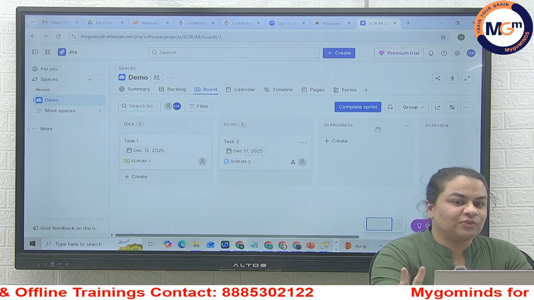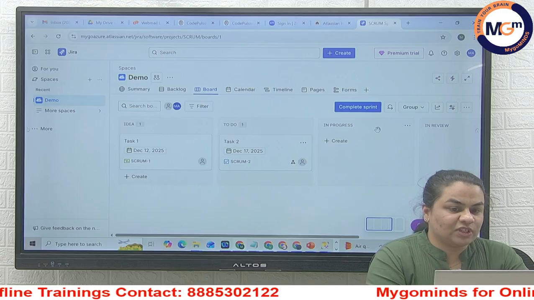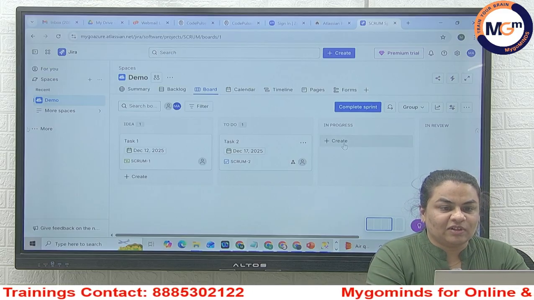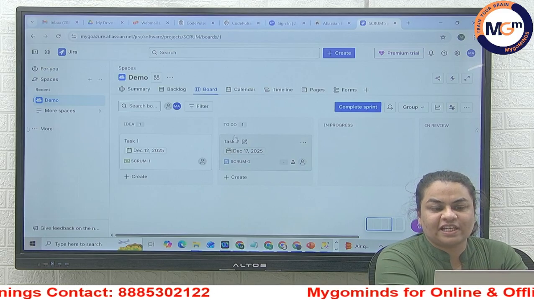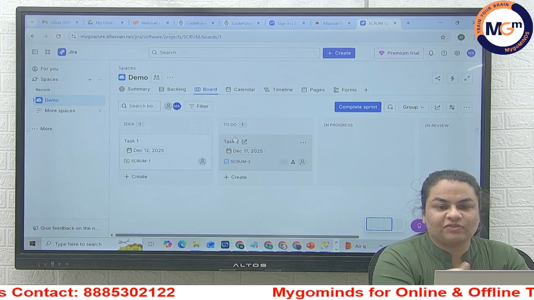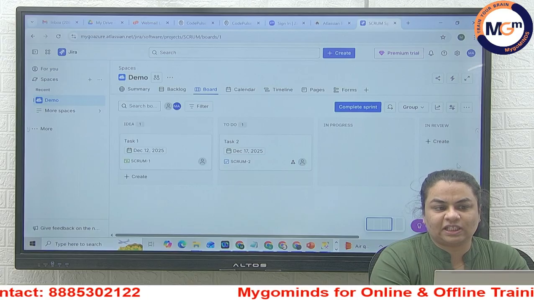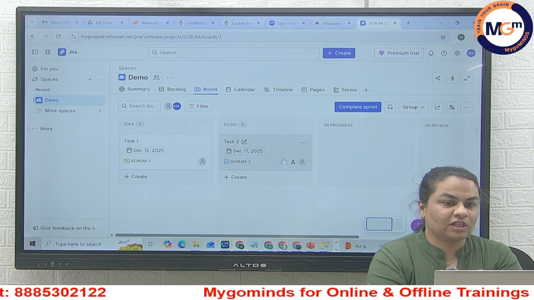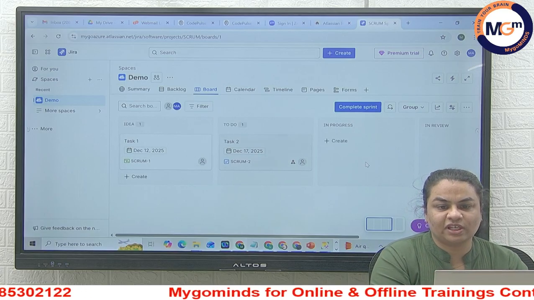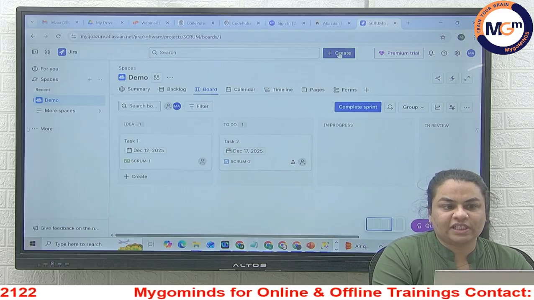This is how usually the page will look like, and this is the idea: to do, in progress and review, and then there will be a complete. These are the stages we are gonna come across for every user story. Now we're gonna create a